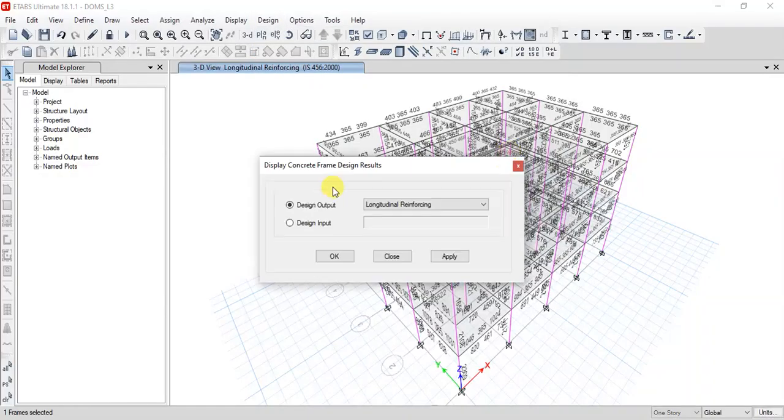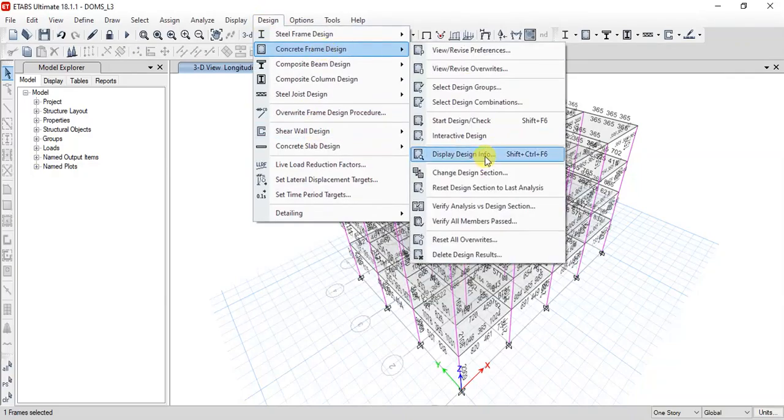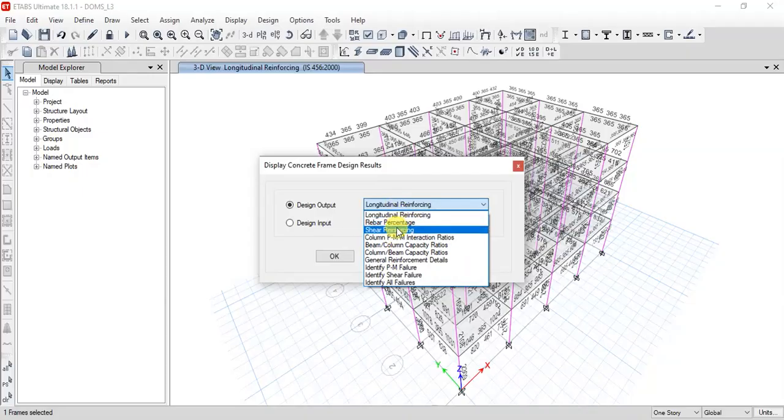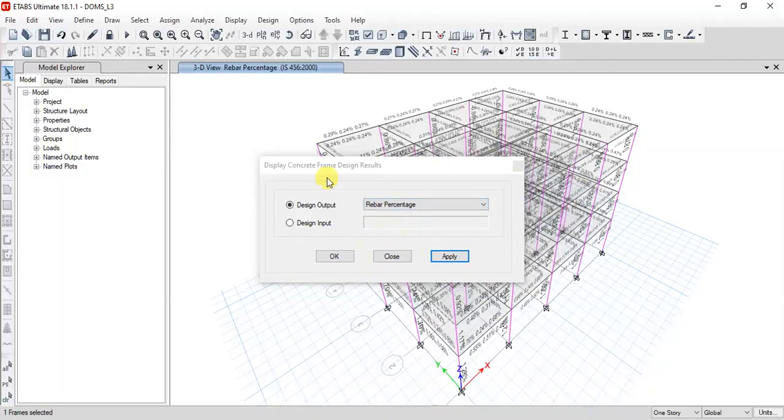One more piece of information: go to this design display info. In the output you can have different details. For example, what we are seeing is the longitudinal reinforcement. If you want to see the reinforcement in percentage, click on rebar percentage and apply.